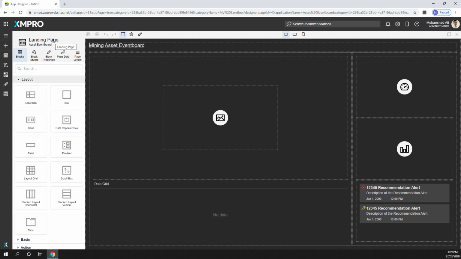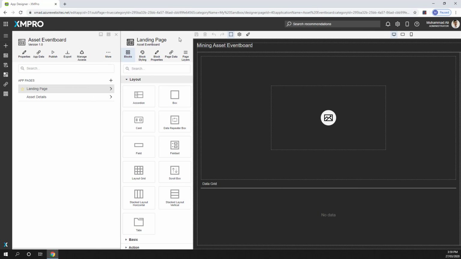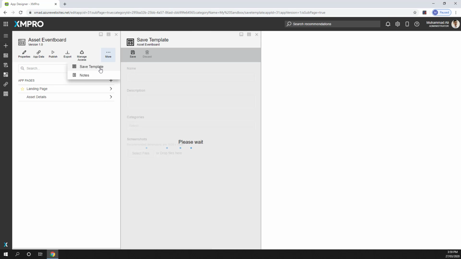So how do we create a template? Well, let's go to our app, and if I pop into the More menu, you'll see there's a Save Template option. I can click on that,